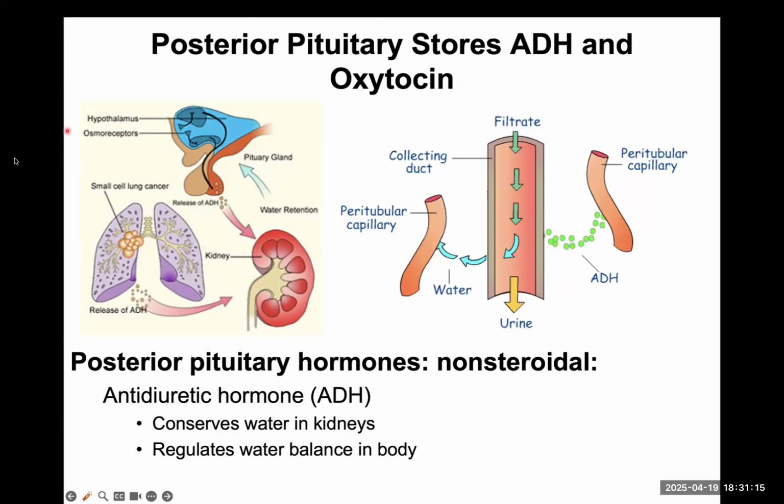So maybe you already know what the word diuretic means: to increase urination. If you eat or drink something that's diuretic, it's going to make you pee more. Things like caffeine and alcohol are diuretics. If you ingest those, that's going to make you urinate more. So antidiuretic means the opposite of peeing. Antidiuretic is going to conserve your urine, which means your body releases ADH.